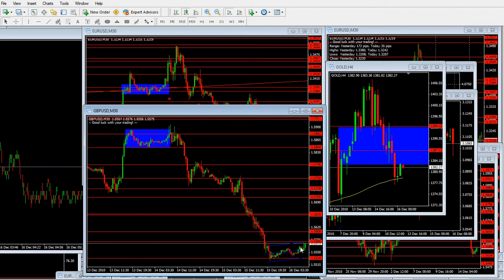We see this small channel which could be called a flag or just a rectangle. So it is a small flag, small consolidation. From this pattern we can see a little more higher and higher points, but please don't take any action too fast, because in those kinds of situations we are looking mostly for price action to rise and to sell it at some interesting moment, or wait if the sellout will be happening again, sell it at some more interesting